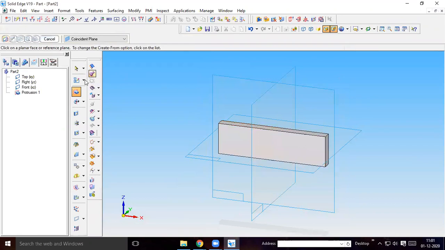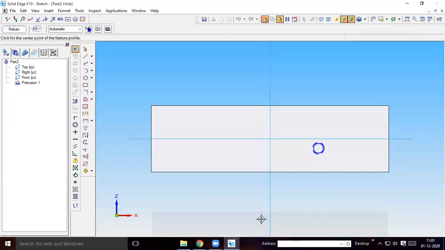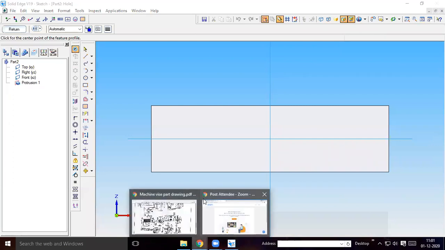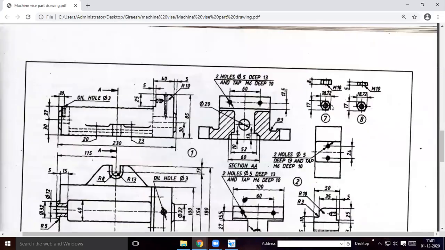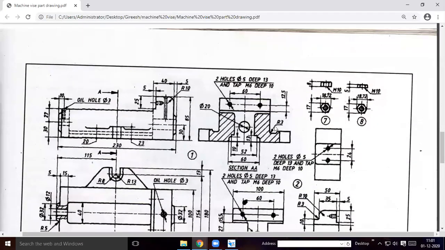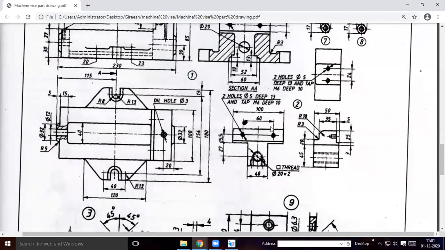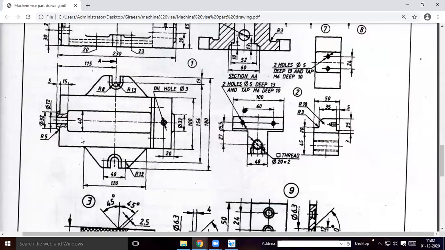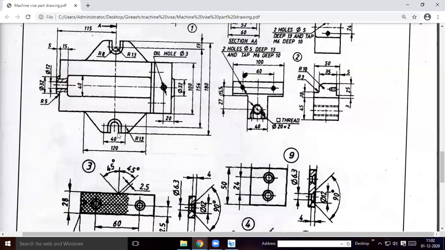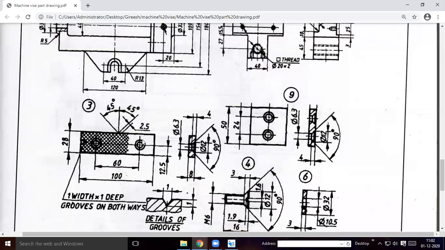Then you go to hole. Because we are using the same hole option here, the same screw holes as for the first body. In the second body also, at the bottom, and in order to fix the jaw grip, we are using the same hole. Here also in the washer we are using the same.